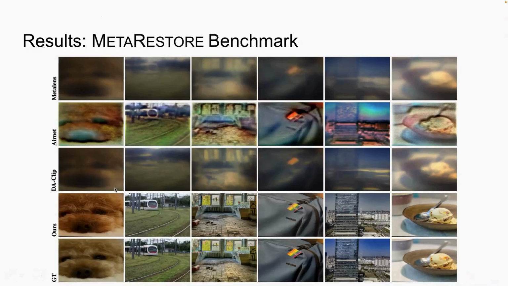And you can see that these corruption artifacts are pretty much regenerated in each of these baselines, DarkLIP or AirNet, while ours preserve these spatial intricacies and spatial structures in this restoration process. And once again, we attribute this to the low-level visual cues like edge maps and transmission maps and all these different priors, which help us to preserve the integrity of the underlying image.